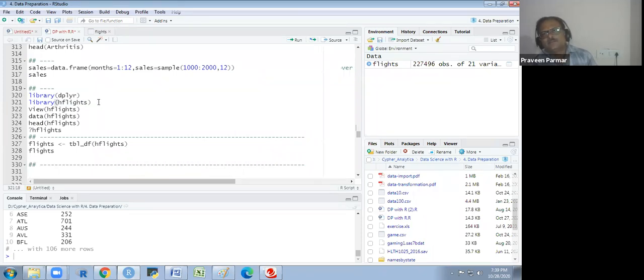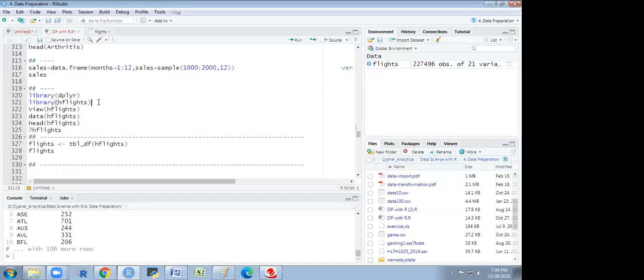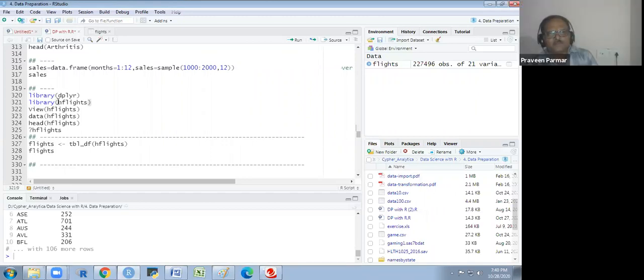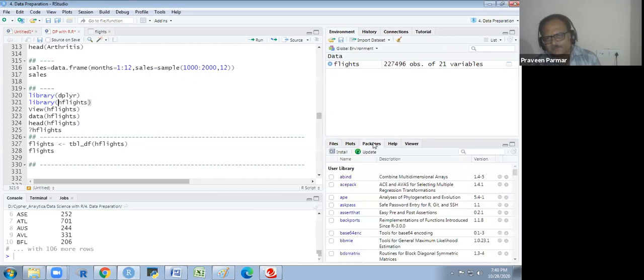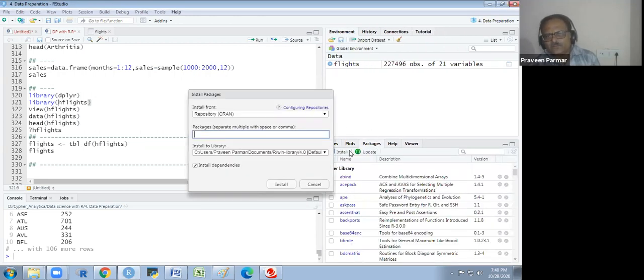Padmaji, I experience it is not there, sir. Even in the data list, hflights data is not available. You have to install the library first. Okay, I will show you how to install. You go to the packages and click on install and write hflights first.